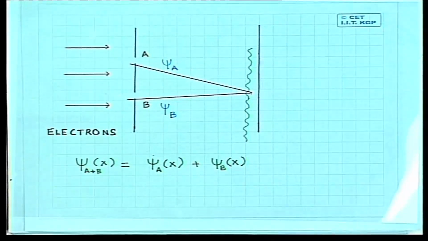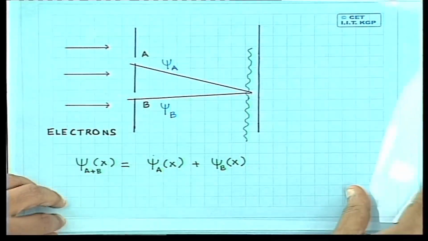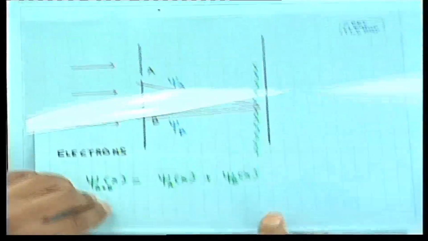Yes? So what we plot is the number of electrons we are getting at every point on the screen. So the probability of getting an electron at a point is proportional to the number of electrons. Right. So the probability is the number of electrons at this point divided by the total number of electrons. Okay. So what we get here is the probability. And the probability itself exhibits the interference pattern.